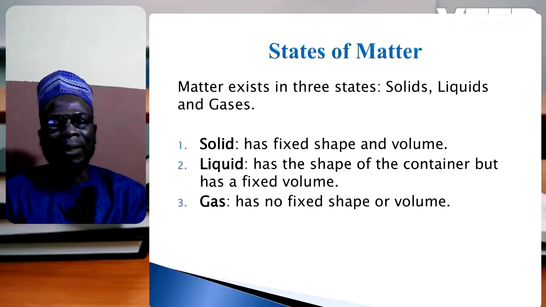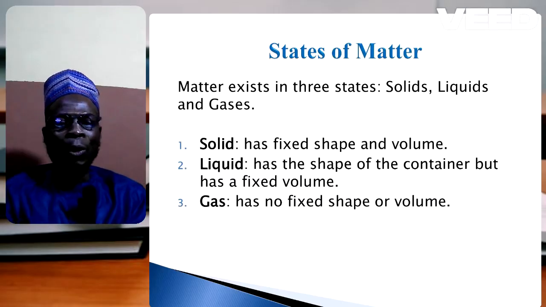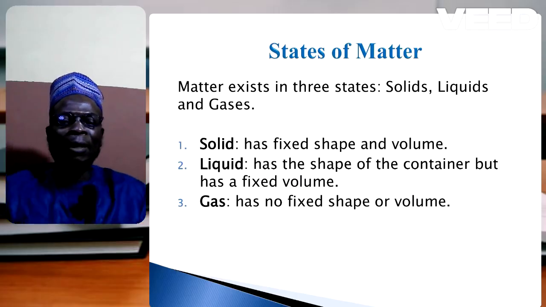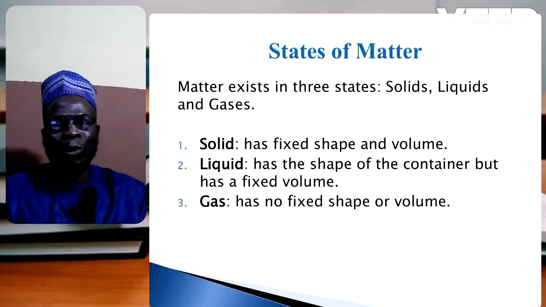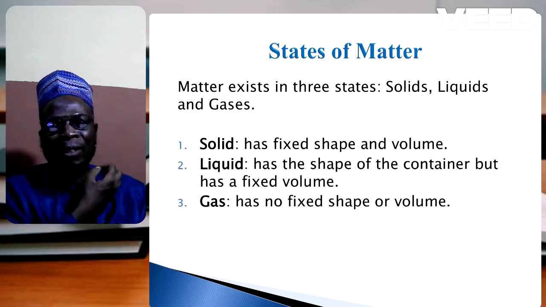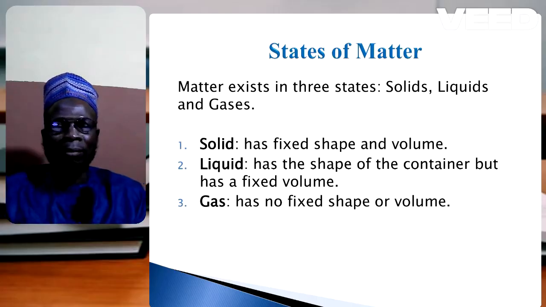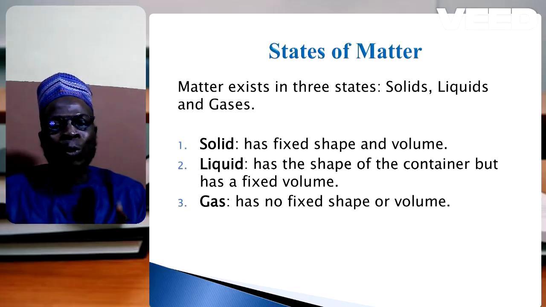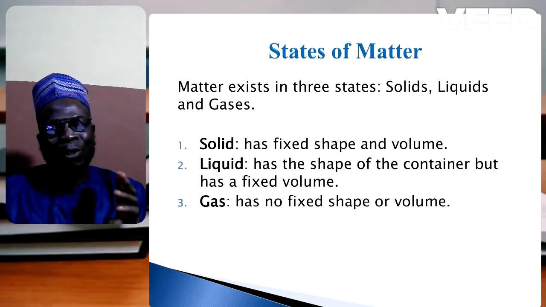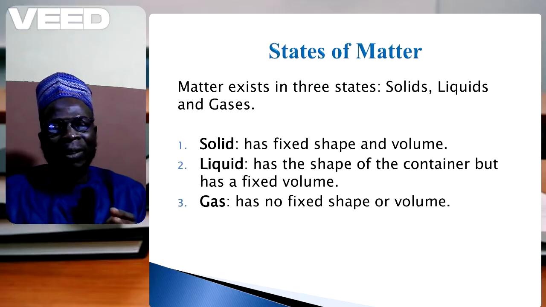Now, states of matter. So matter exists in three states. Gẹ́gẹ́ bẹ́ẹ̀ ṣe máa fi kọrin in most of the schools. They will say matter exists in three states: solid, liquid, and gases. So matter exists in three states, three physical states. And the states are, we have solid state, we have liquid state, and we have gaseous state. So those are the states of matter.